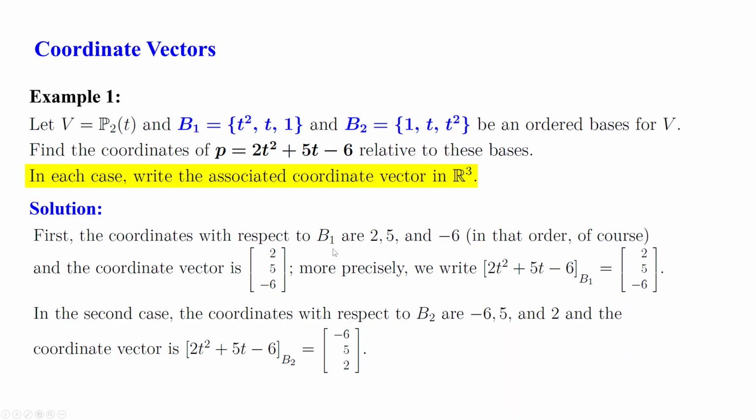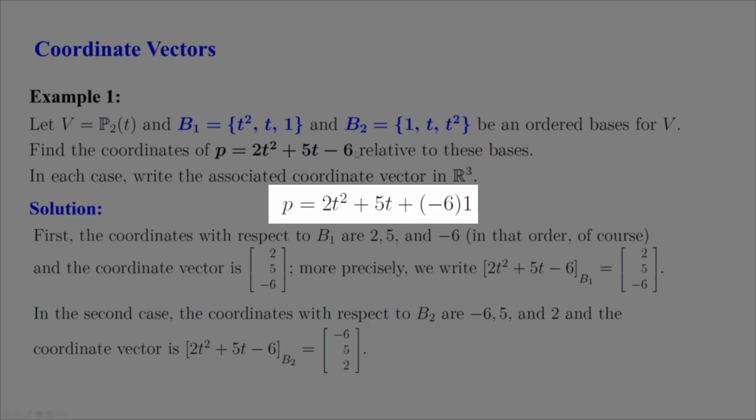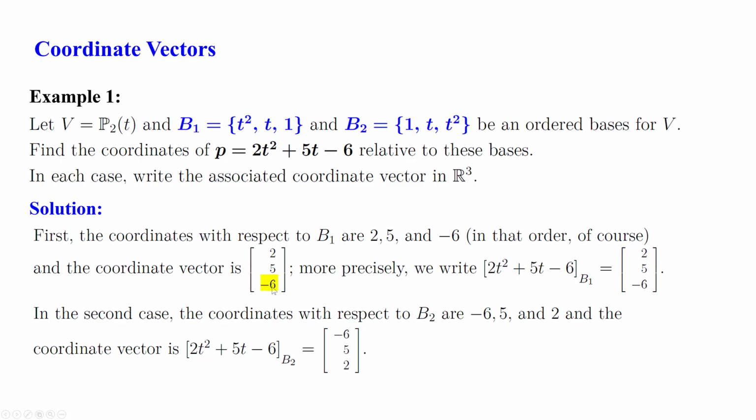With respect to B1, the coordinates are, in order, 2, 5, and minus 6, and those are written here. 2, first element, corresponding to the first vector. 5, second element, corresponding to the coefficient of the second vector. Minus 6, third element, corresponding to the third vector. Now remember, this is technically plus negative 6 times 1, this element. That is not written here, but that's why this becomes a negative 6. Thus, the coordinate vector of 2t squared plus 5t minus 6 with respect to B1 is the column vector 2,